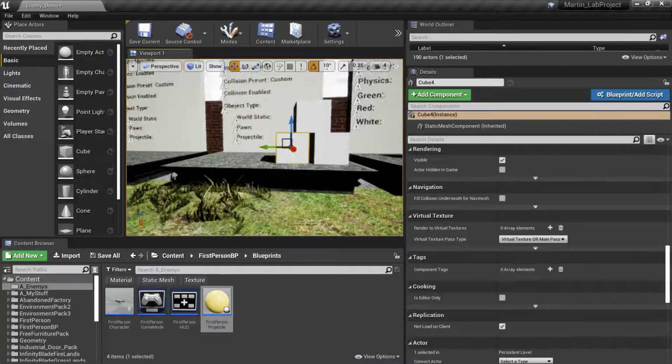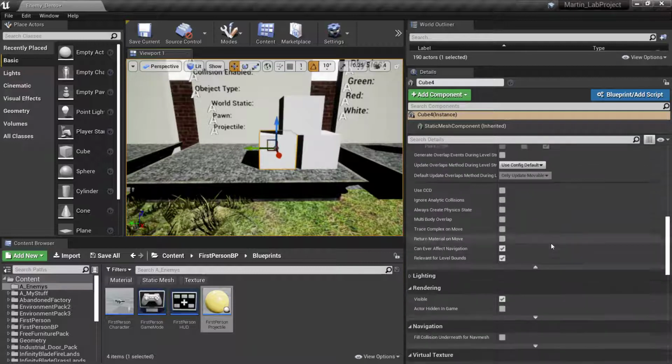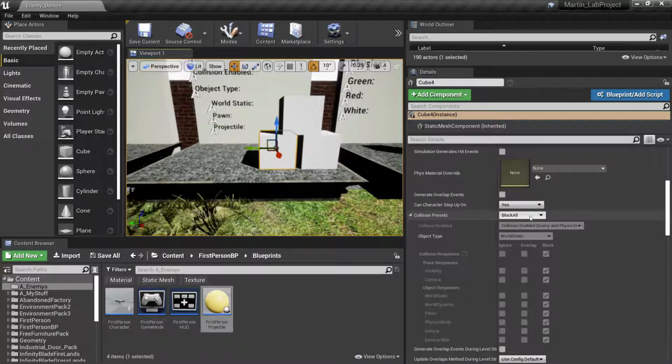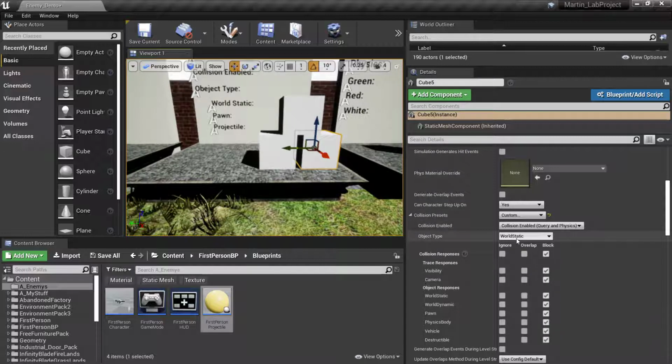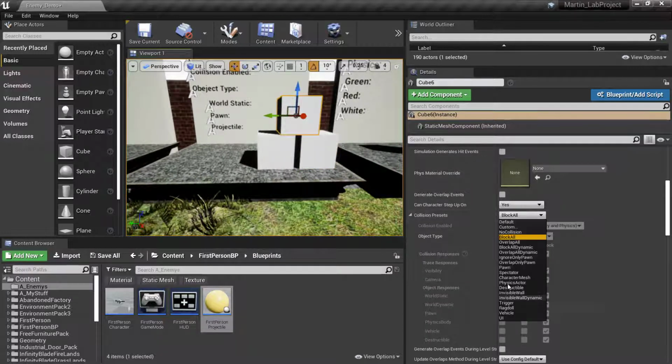And now what I want to do is switch these from what they were labeled as before to label them as vehicle, right? So right now they're in a preset called block all. So I'm going to switch that to custom, and then we're going to tell this thing to no longer be a world static. We want you now to switch teams and play for the vehicles, right? So we're going to do that to all of them. We're going to go to custom, and we're going to switch this to vehicle. And then we're going to go up to the top one and do the same thing. So custom